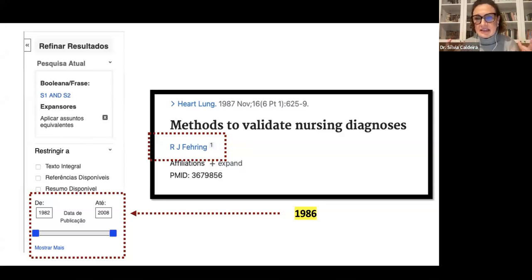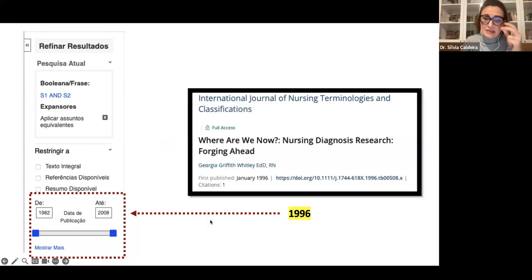And the term validate is very important for us today, because it's to see if the nursing diagnosis corresponds effectively to the human response that nurses assess. And this is really important when we think on research methods. And you can find that in literature, in different databases. If you search for nursing diagnosis validation, methods to validate nursing diagnosis, you will find different results,